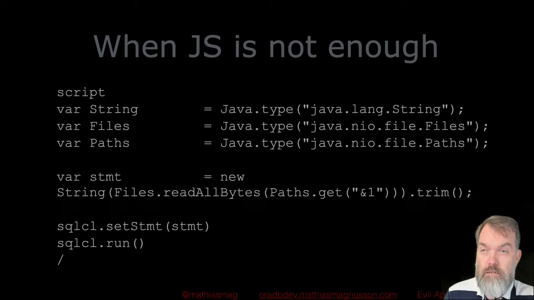So, and here we see in the beginning is a pretty nice feature, I think. Instead of referencing this long java.type down in the code and telling where it's at in the whole structure of Java objects, we can declare a variable that references it, so that we can later just say String when we want to reference it.